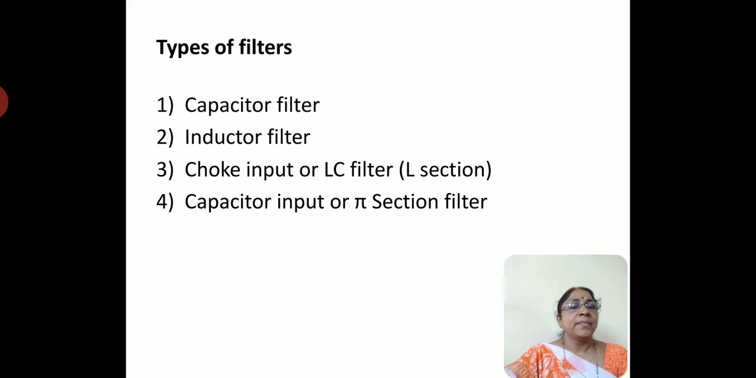Let us see the types of filters. There are basically 4 types: capacitor filter, inductor filter, choke input or LC filter, which is also in the form of an L section, so that is why it is known as the L section filter, and capacitor input, which is also known as the pi section filter. Let us study